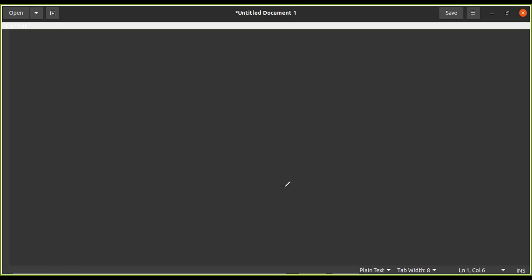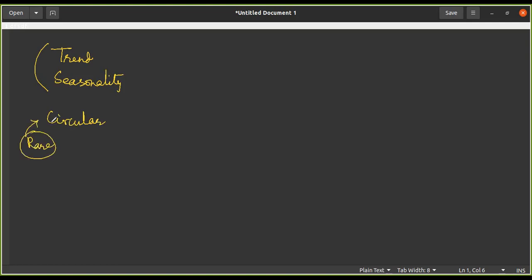Now, one thing to note over here, if you look at the kind of use which we do, it is going to be more focused on trend. It is going to focus more on trend, and it is going to focus more on seasonality, because there are rare cases compared to these two. There are rare cases where we see a circular kind of motion in the data. So this property is rare, so our main concentration is going to be on trend and on seasonality.